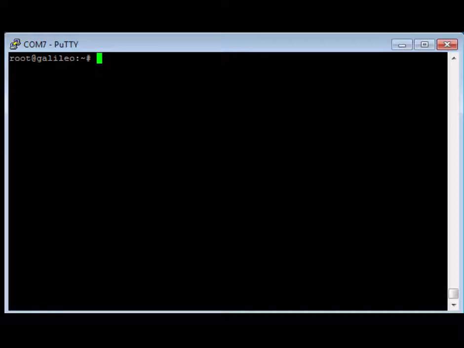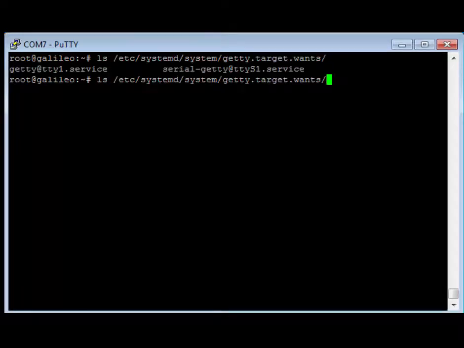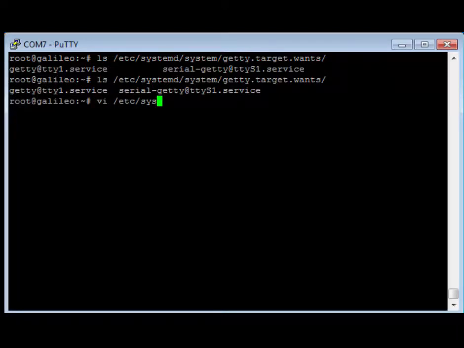Whenever Galileo is connected to the serial terminal, we first have to log in order to start using the shell. To avoid this, we can simply make a minor change in the service file that calls the terminal. We will open a file named serial-getty@ttyS0.service present under /etc/systemd/getty.target.wants. If the file does not exist, we will copy file named getty@ttyS0.service